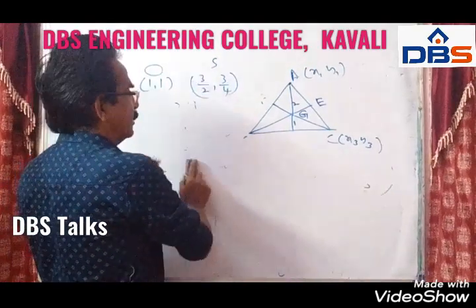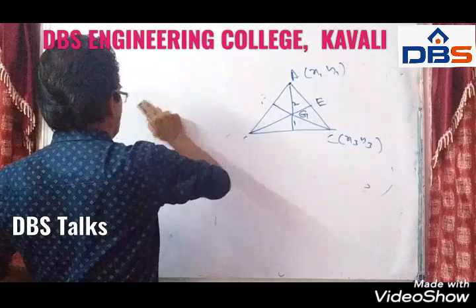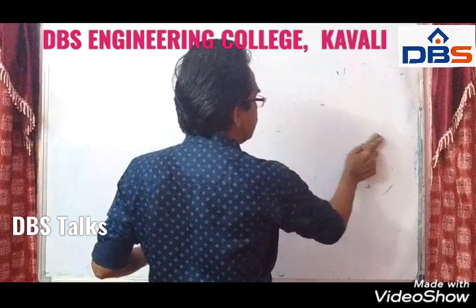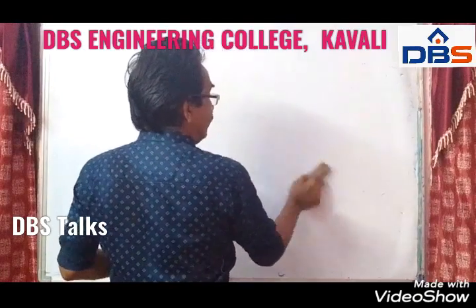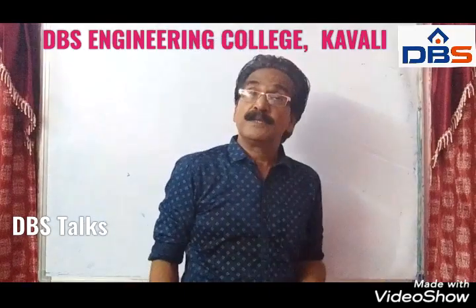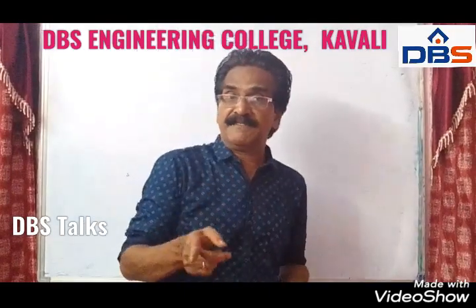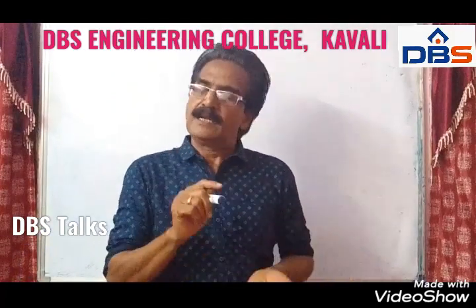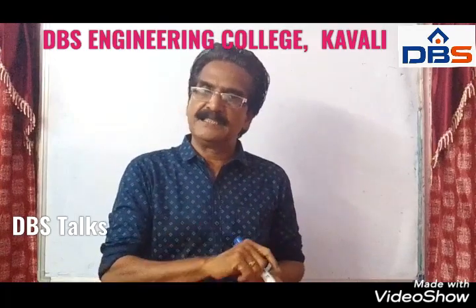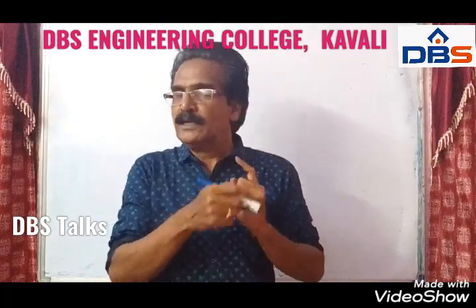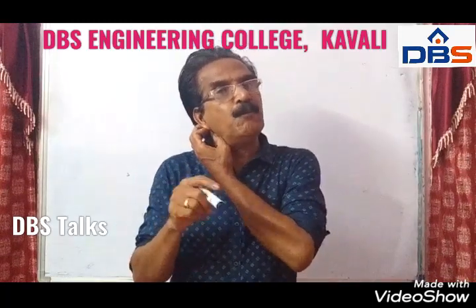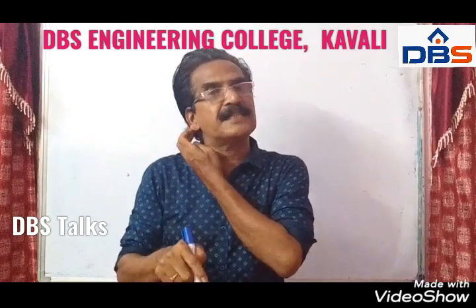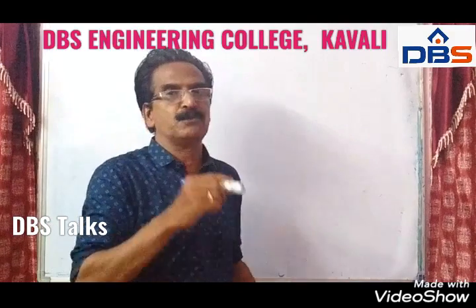So this is a very important conclusion, friends. Centroid divides orthocenter and circumcenter in the ratio 2:1. So you can find any point. You can find G if any 2 of the points are given, you can find the third point. If O and S are given, you can find G. If G and O are given, you can find S. And if G and S are given, you can find O. So among these 3 points, if any 2 points are given, the third point can be found by this concept. G divides O and S in the ratio 2:1.